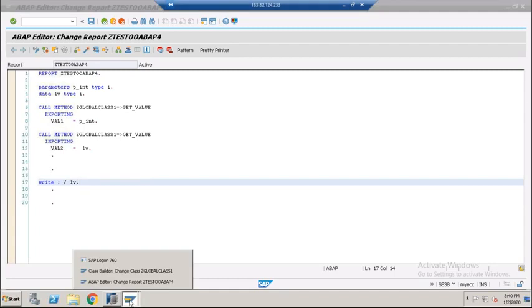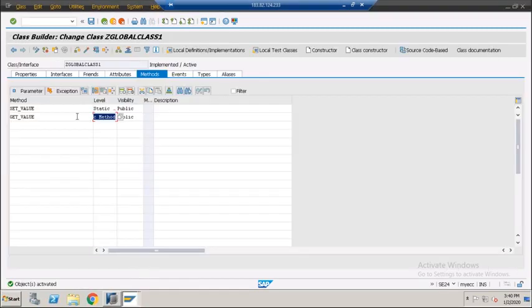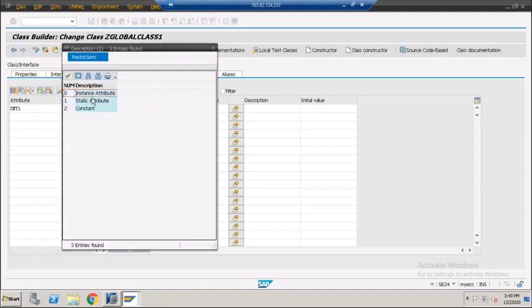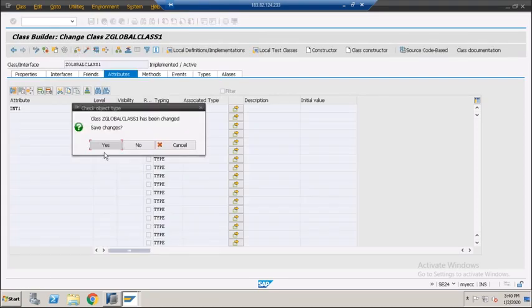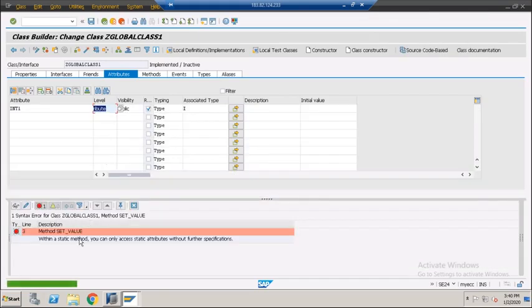Now what I am going to do, the methods are static, but I am going to change them to instance. Now let's see what's going to happen. There is an error. Methods are static, but I changed before. Methods are instance, but the attribute is static, it works. But now,